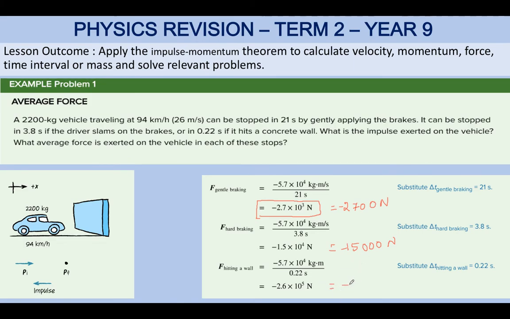See, notice there, when it is gentle braking, the time is more and you get 2,700 Newton. The negative sign actually shows that the force is in the opposite direction to the object's movement. All right, because it's coming to a stop. So the force acting on the car is 2,700. If it takes 3.8 seconds, it is 15,000 Newton, much, much larger. And if it is 0.22 seconds,